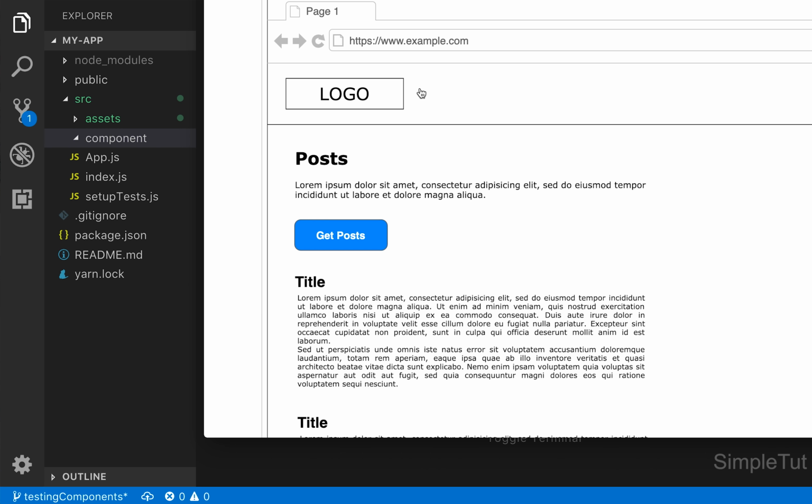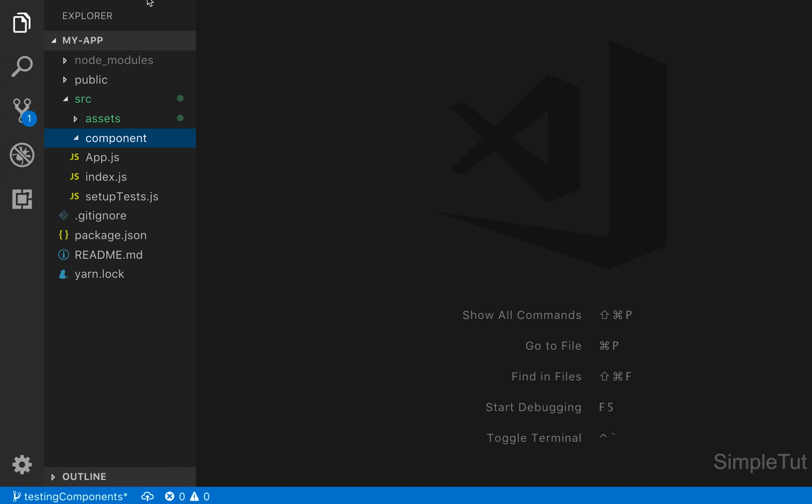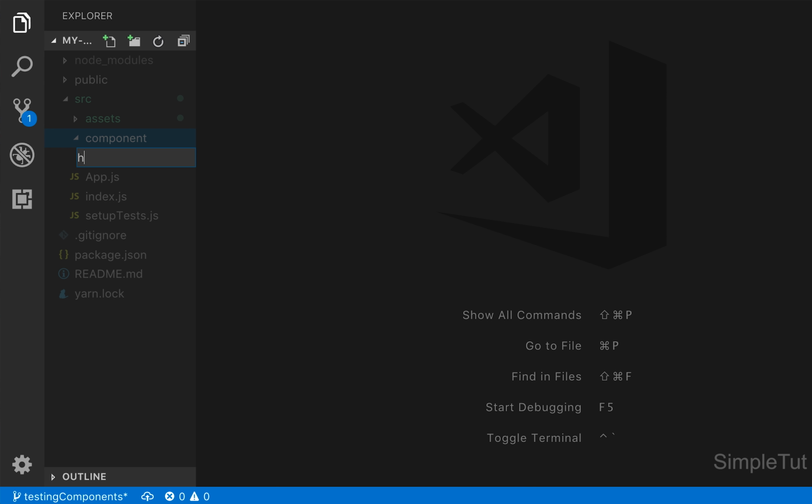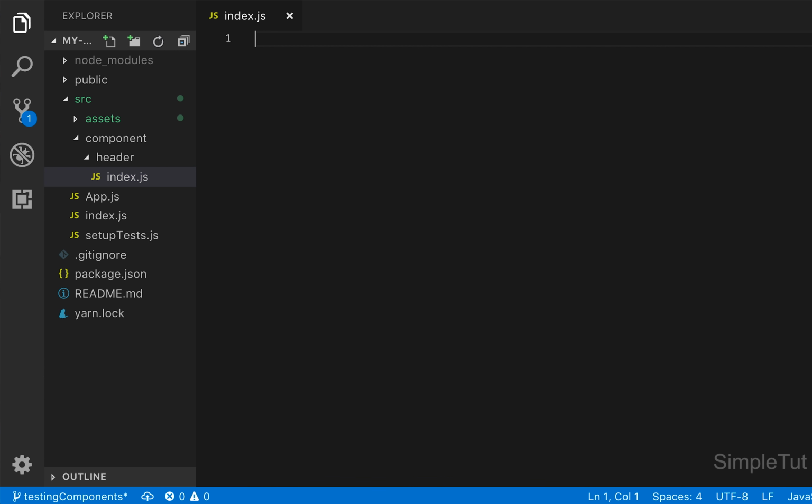So again, this is a simple component. It's pretty much just going to contain a logo. It's a functional component. Let's go. So inside of my new components folder, I'm going to create a header folder for our header component. And inside of this, I'm going to have pretty much just an index.js file. Again, this is a functional component, so let's just import React